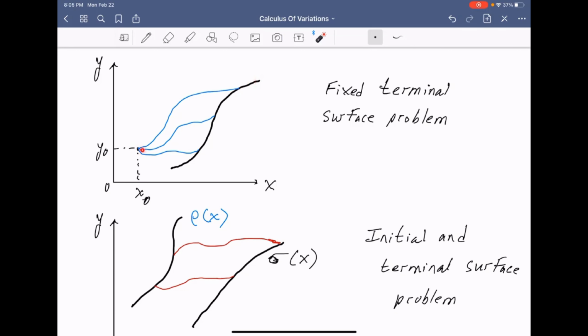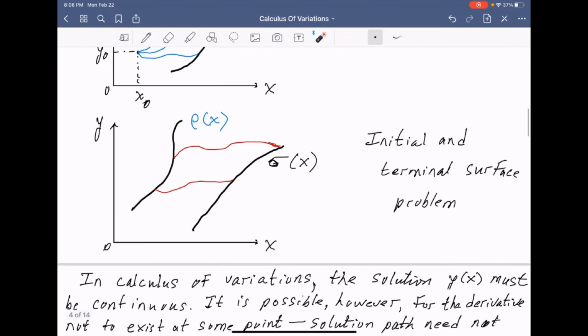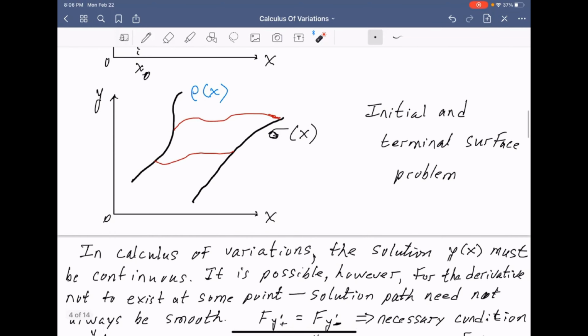And again, we start at y as a function of x0, which is equal to y0, and we follow a path that hits the terminal surface somewhere along it. And again, the path that we choose is the one that optimizes that integral. And finally, we have the initial and terminal surface problem, where we have a beginning surface here, denoted by